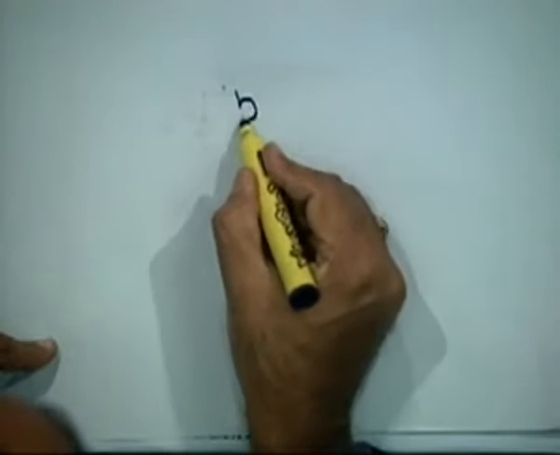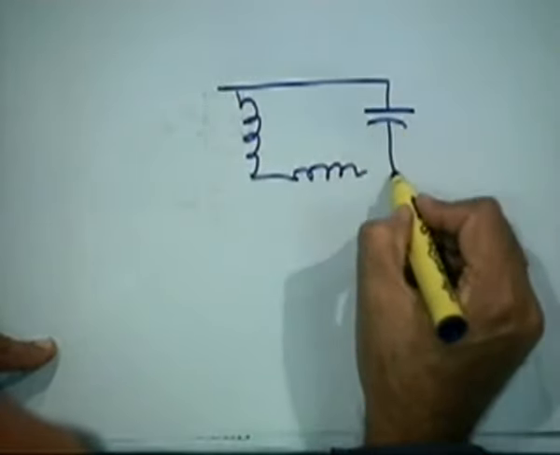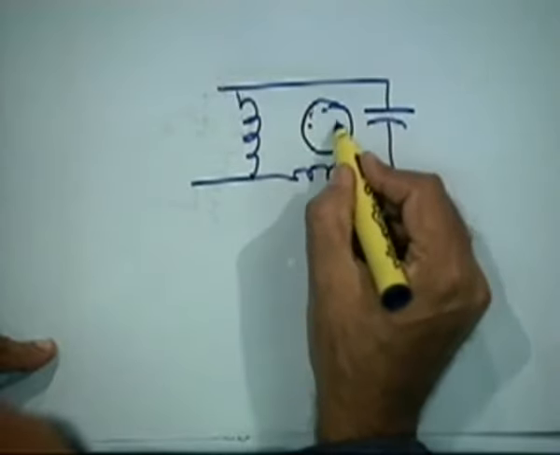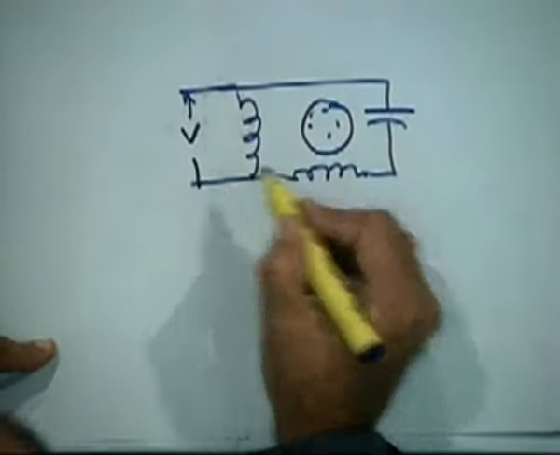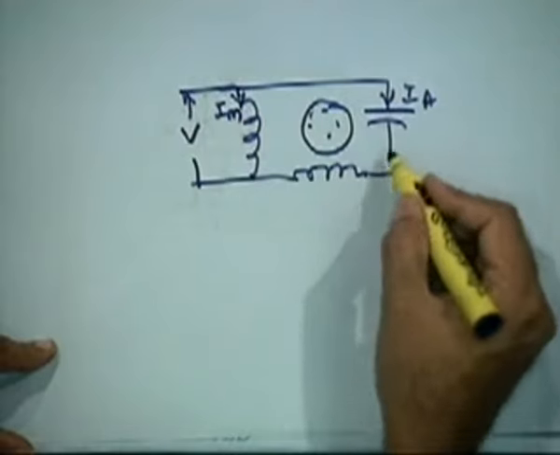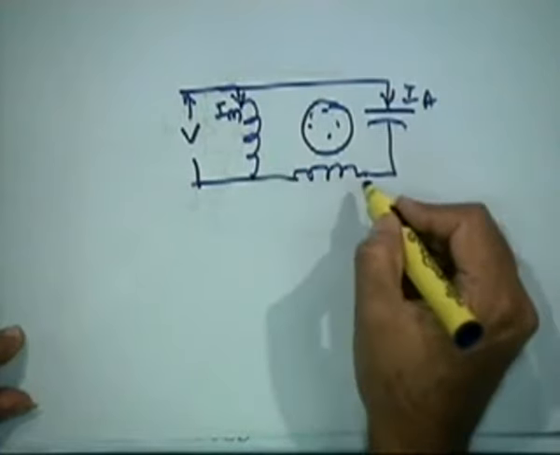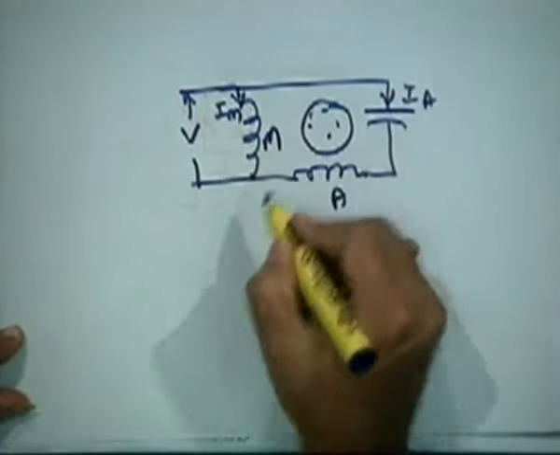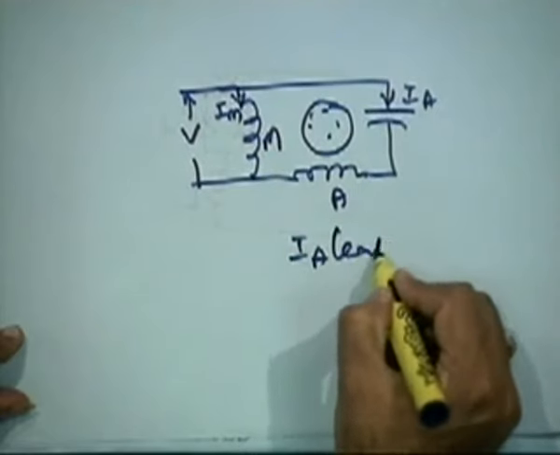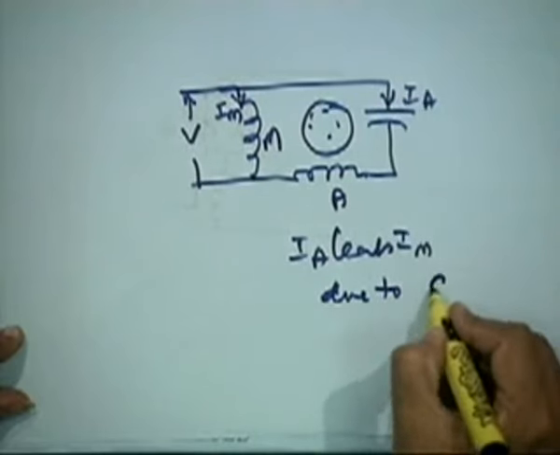In capacitor winding, again you have the same two windings, M and A leading M, but here you connect a capacitor in the A winding, because the squirrel cage is anyway there. Now you are sure about I auxiliary and IM. Since you have connected the capacitor, it will ensure that the auxiliary current leads the M winding. This is A winding and this is M winding. So IA leads IM due to what? Due to C.